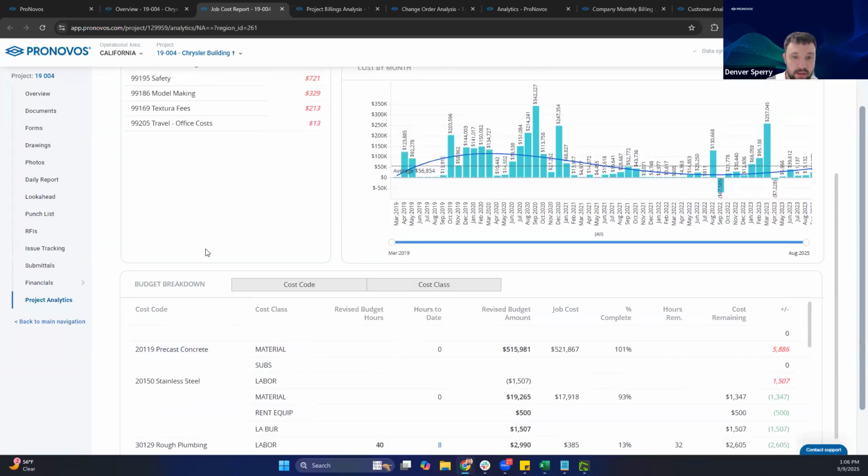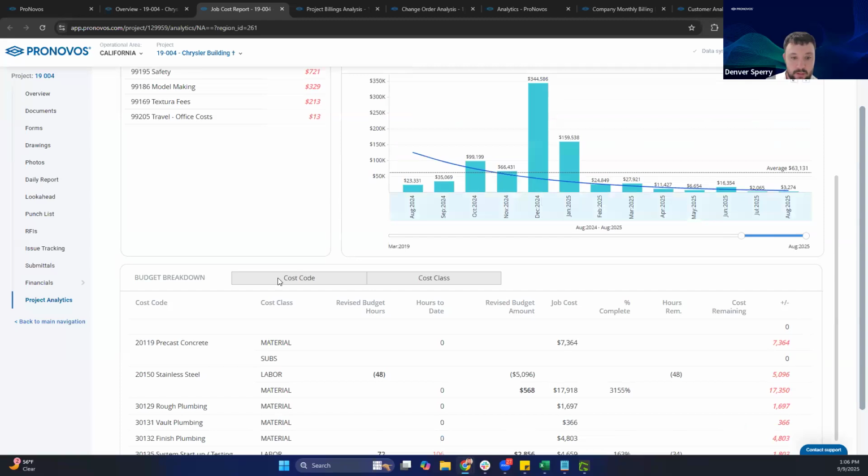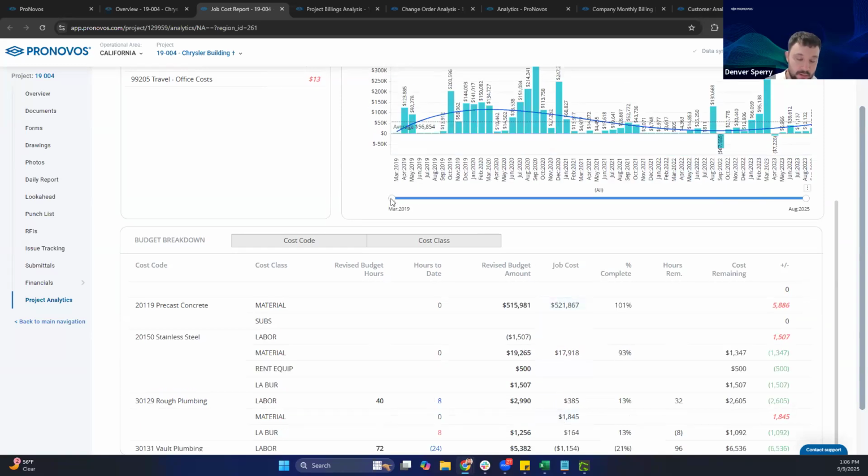So one cool thing that you can look at, let's say we trimmed it down again and we looked at the last year, for example, right? Just to trim it up. Now, since I moved this date filter, you'll notice that these numbers have changed. So you'll see this cost column has been, it'll look at the chart up here as well. So if I open it up, you'll start to see that those cost numbers do reflect whatever range we have